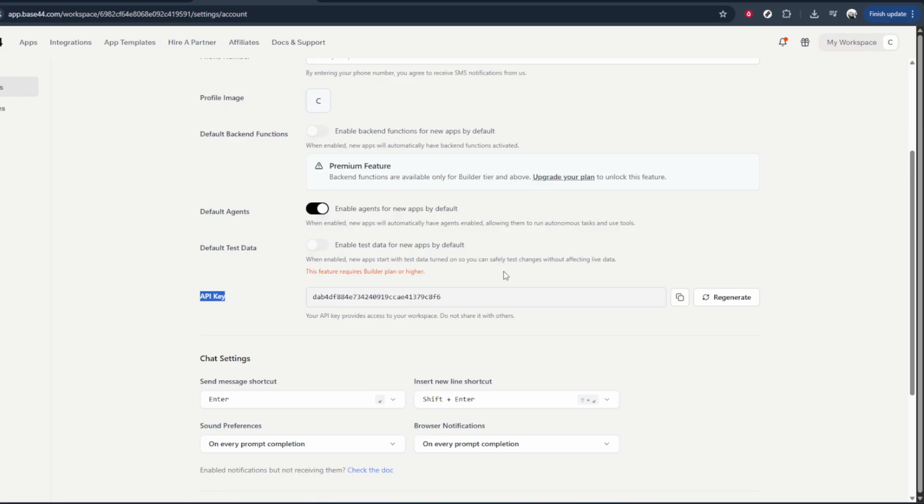If you don't see an API key yet, there may be an option to generate one on this same page. Follow any prompts carefully, and once generated,